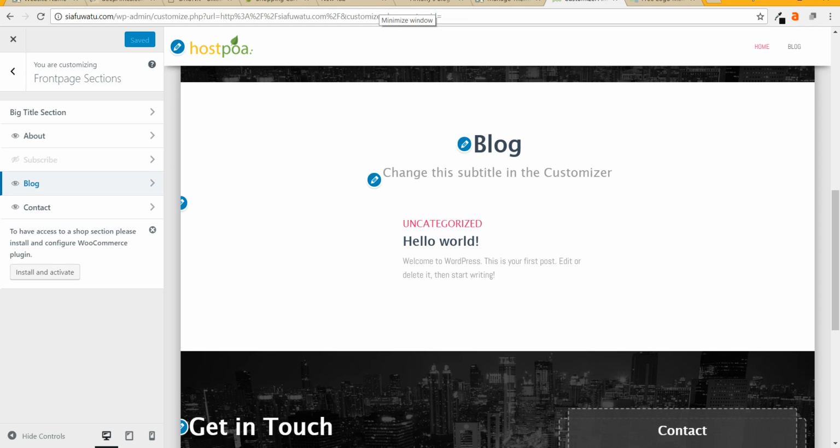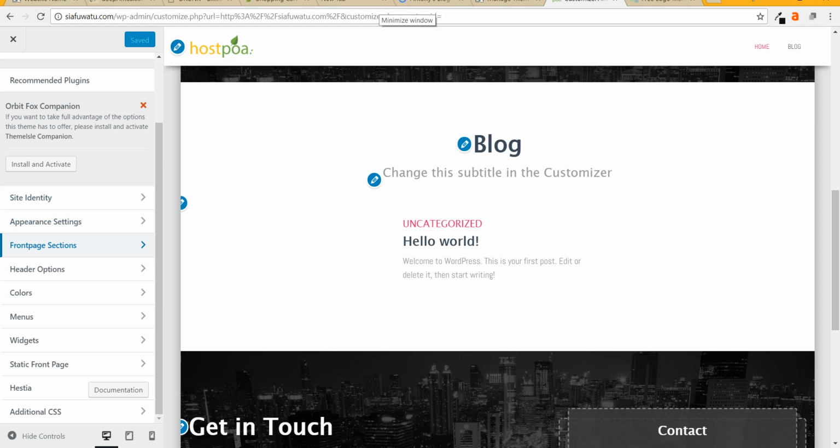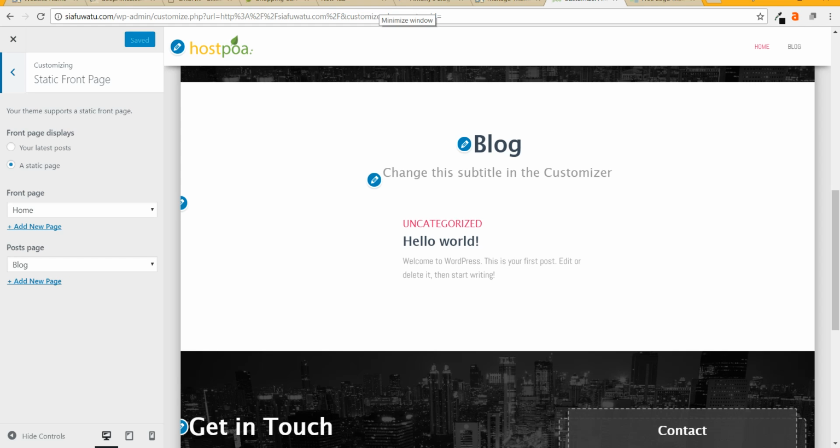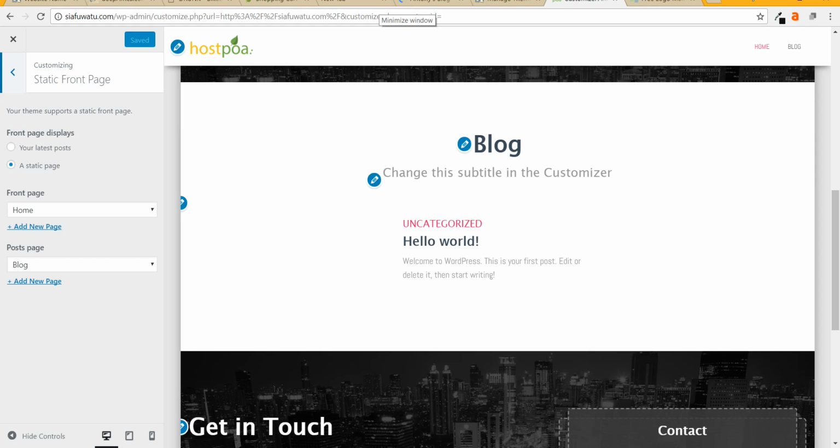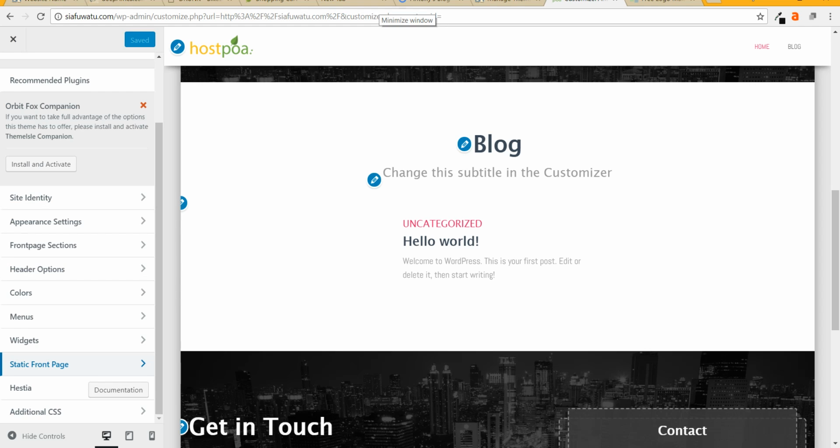You can choose to have one standard page that is shown every time, or you could choose to show your latest posts. So what I did is I clicked down here, static front page. You can choose either the latest post that you've done, or a static front page. Now, if we went for the static front page and came into the front page settings,